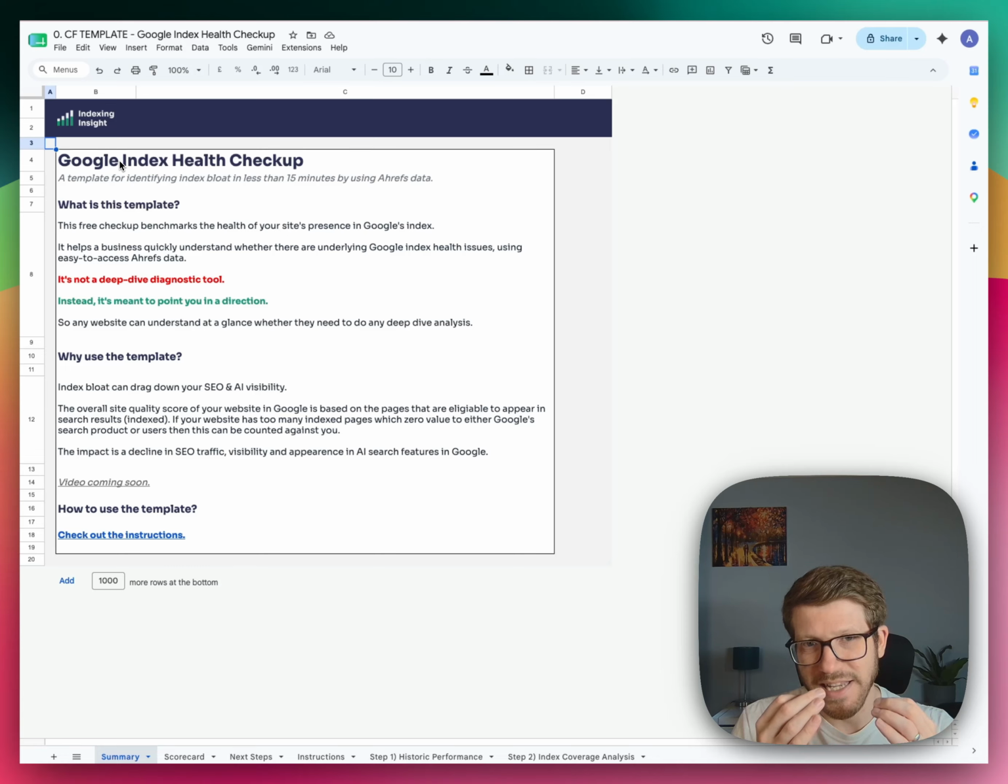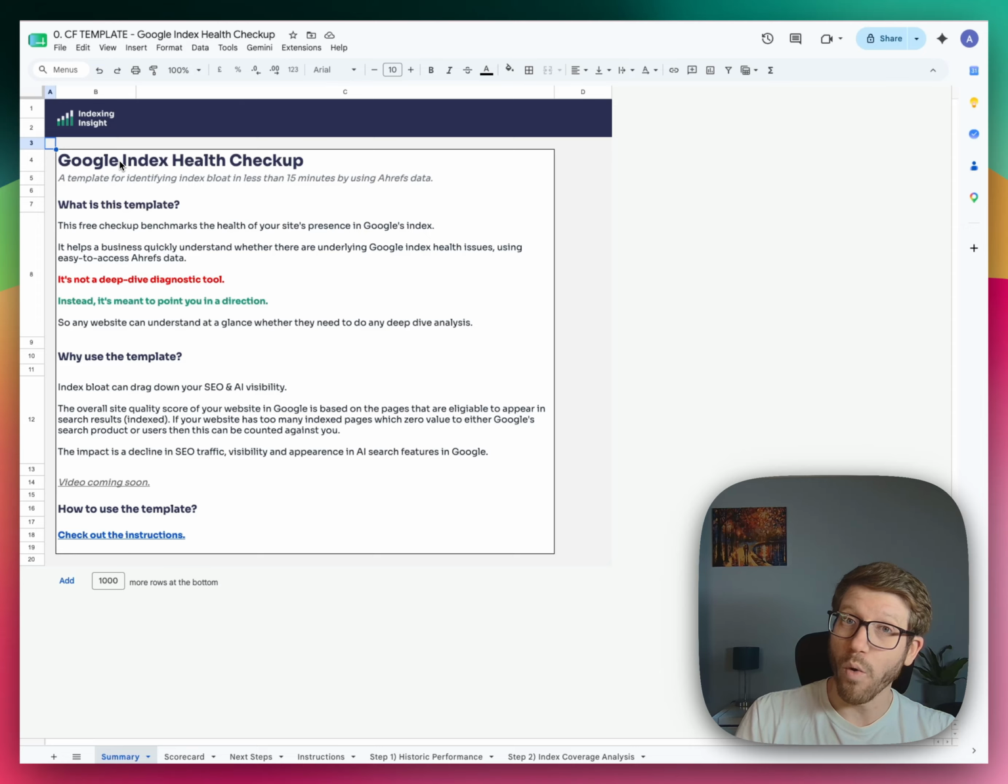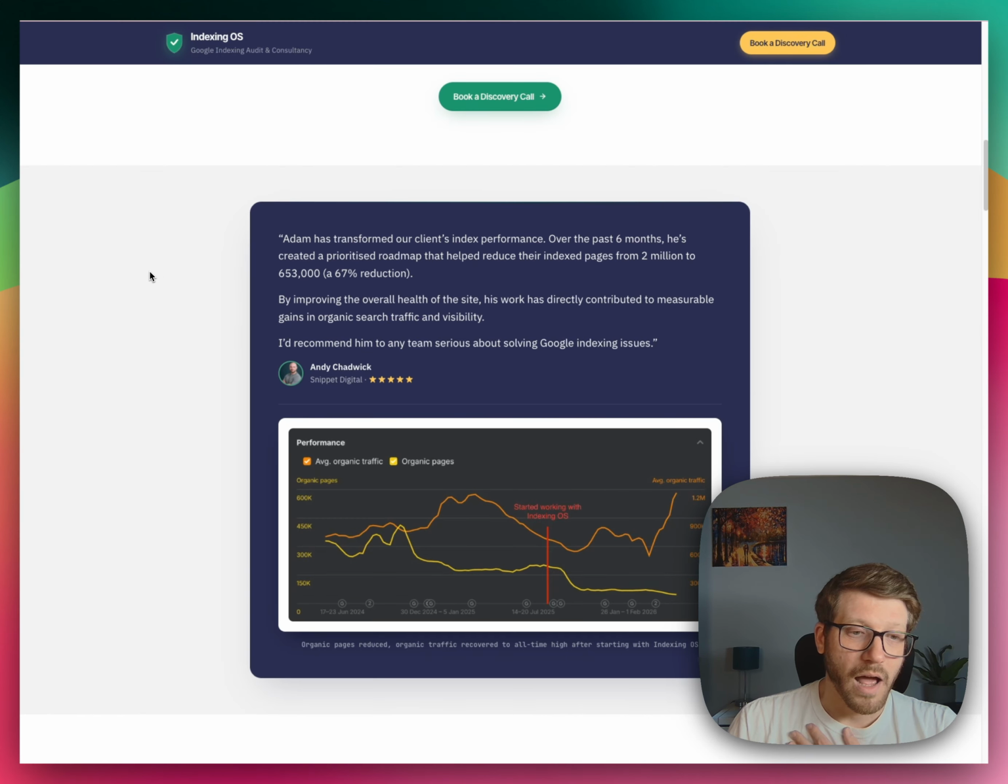They are actively devaluing your site quality score in Google search, which is needed to rank your website in traditional SEO results and in Google's AI features as well. And actually working with clients, I've helped reverse this Google index bloat and reverse SEO performance from going down to getting it back to where it was just by dealing with index